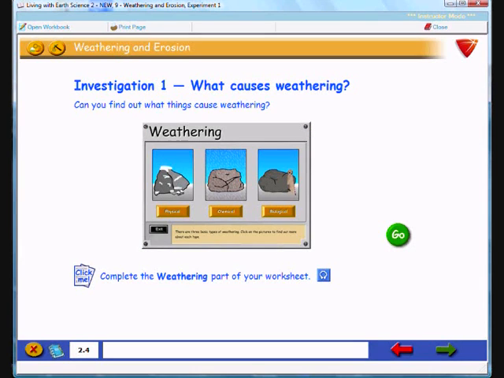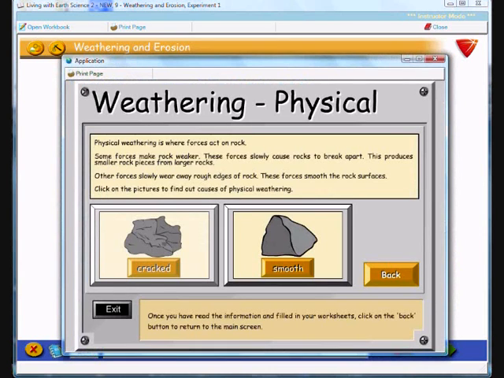Investigation 1. What causes weathering? Use the weathering software to find out what things cause weathering. Physical weathering is where forces